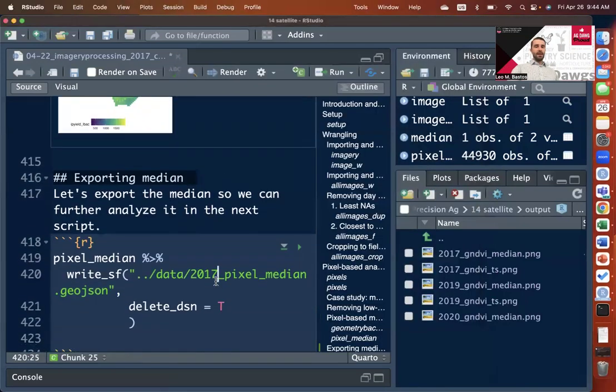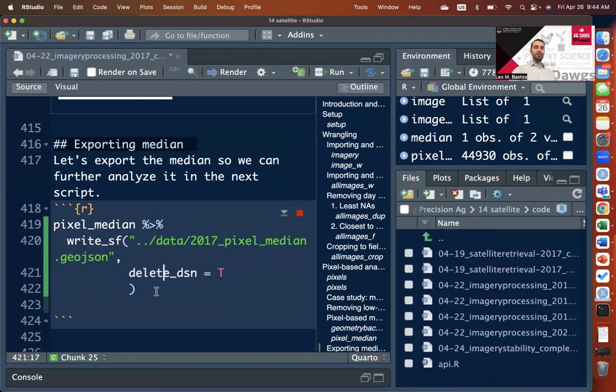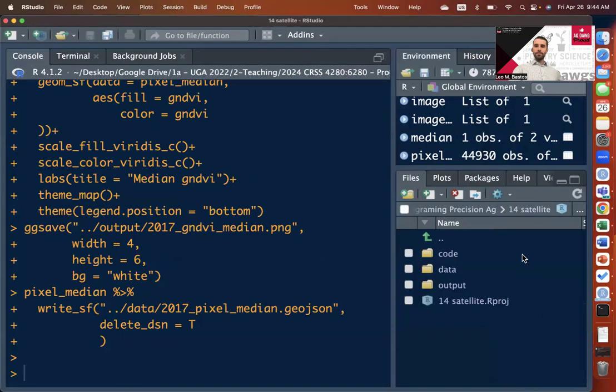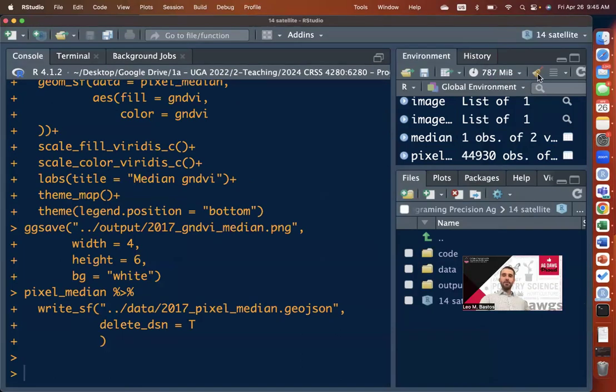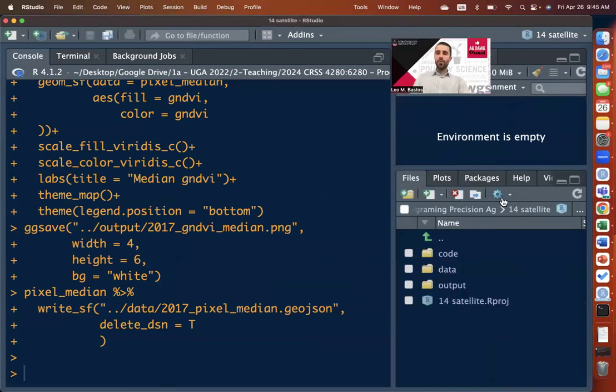All right, and then if you want to go ahead and export again, because now this is the actual correct layer that we wanted to extract, please run that chunk, save your script. You can close this script here, clean your environment, because we're going to repeat this process for the next 2 years. What I want to ask you to do is, if you can look on my screen right now,